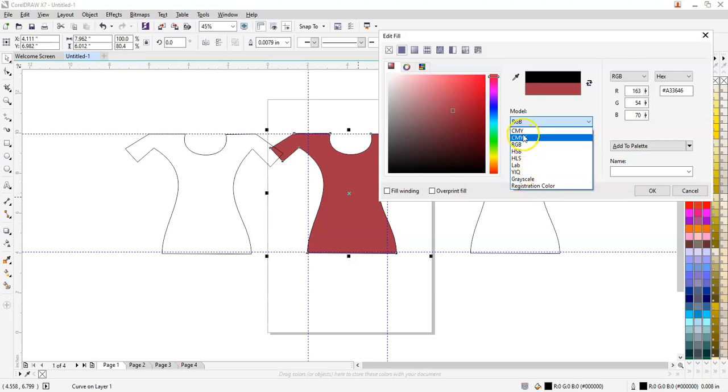Now supposing you have liked a particular shade, for example you have taken red, green, blue, and in red, green, blue you have liked this particular shade. So what you can do is take a pen and your diary and note down these numbers which are available here. That's red, the mixture of 163, and green of 54, blue is 70.